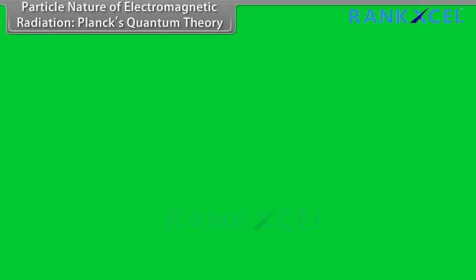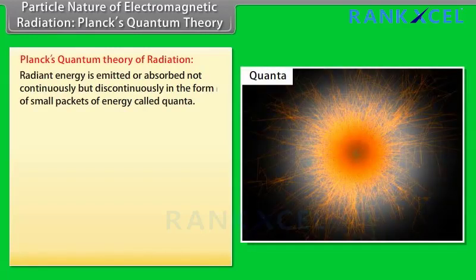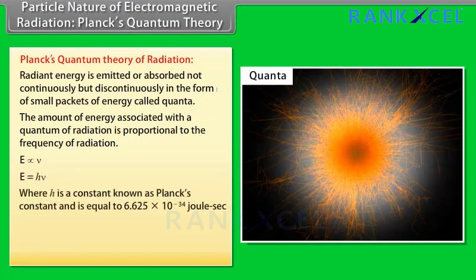Particle nature of electromagnetic radiation. Planck's quantum theory of radiation: radiant energy is emitted or absorbed not continuously but discontinuously in the form of small packets of energy called quanta. The amount of energy associated with a quantum of radiation is proportional to the frequency of radiation, E = hν, where h is